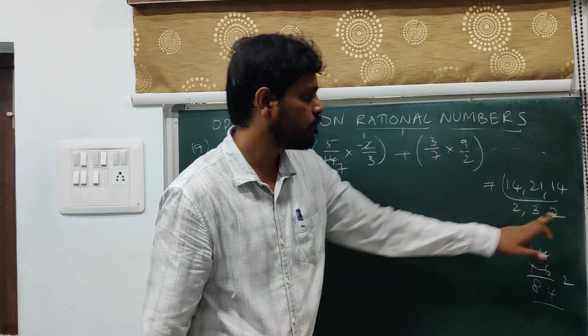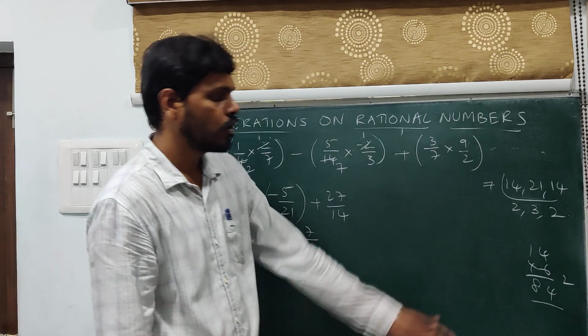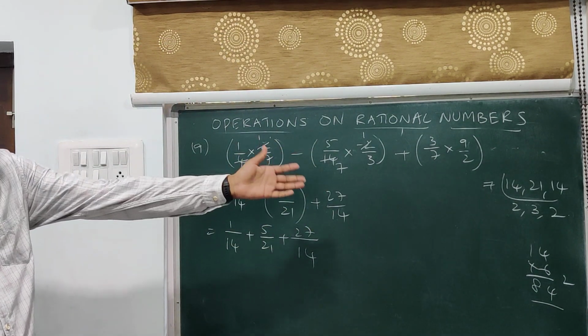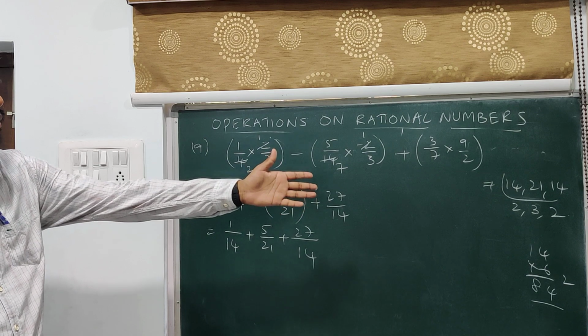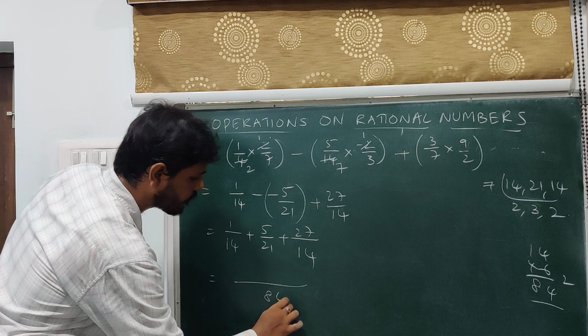You can multiply all three of them, or you can take two numbers. Or 7 3s are 21, 21 into 4 is 84. You can do either way. Multiplication, you can pick up any of the numbers, not in the given order, and you can multiply. So the LCM here is 84.